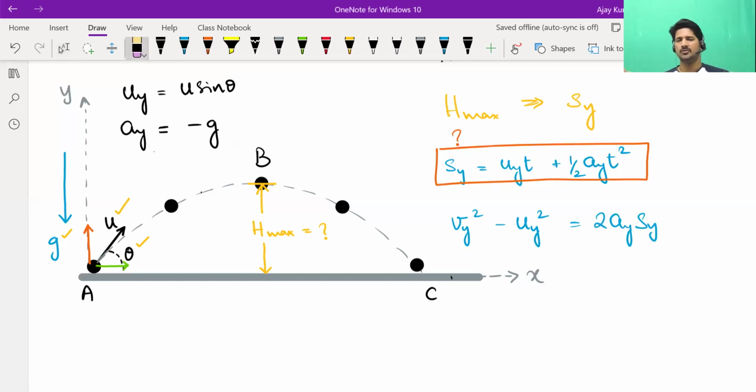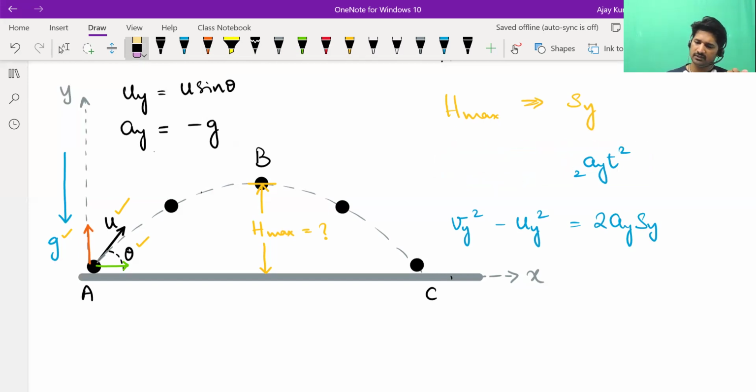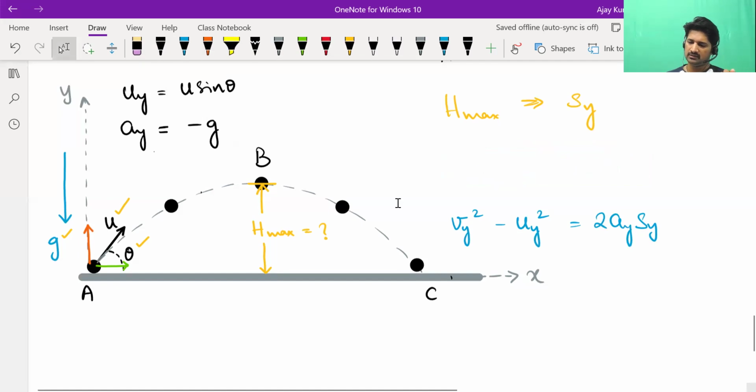See, this is how you are supposed to think. My question was, which equation of kinematics can be used to calculate displacement in y direction? You think of what all equations are there which can give you displacement, and you think of whether sufficient information is there to use those equations. So you can't use S is equal to ut plus half at square to calculate the displacement. Then we are left with only one choice, this one.